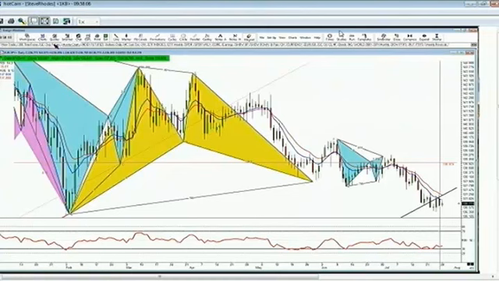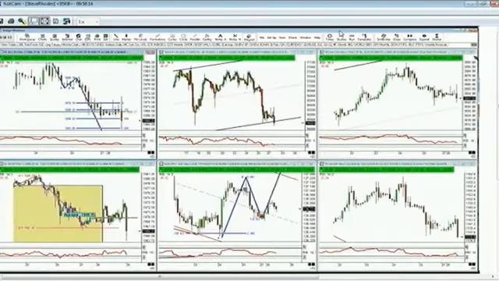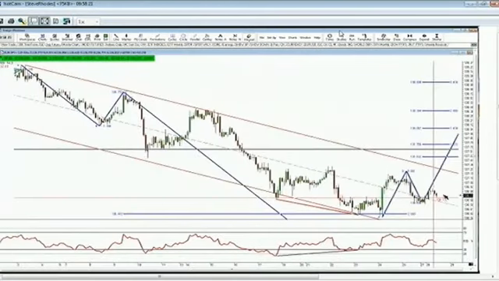If I take a look at the 120-minute time frame, it's still maintaining to hold its low, and it still may have, how about that for language, an A to B equals C to the upside that it's actually trying to complete.